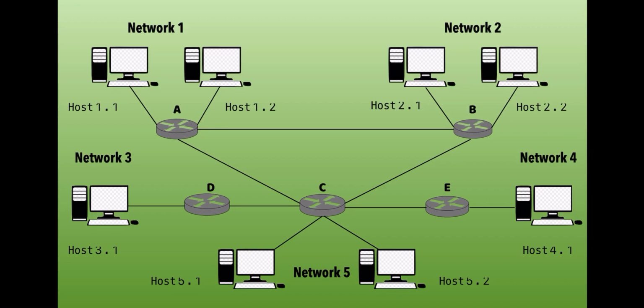So this is how router A works. It takes the data from 1.1 and sends it to router C, then to router E, and finally to host 4.1. The data has reached. But now we consider another situation. Let us suppose the connection between A and C becomes faulty. It has been shown with the dashed lines. So again host 1.1 wants to send the packets to host 4.1.